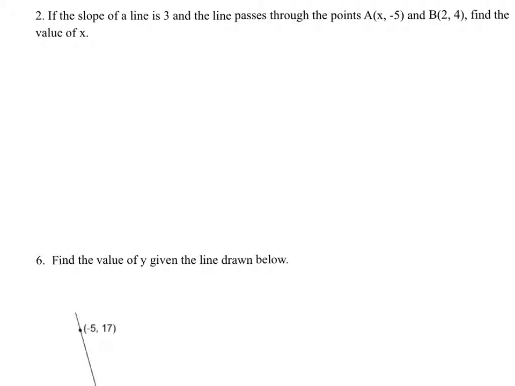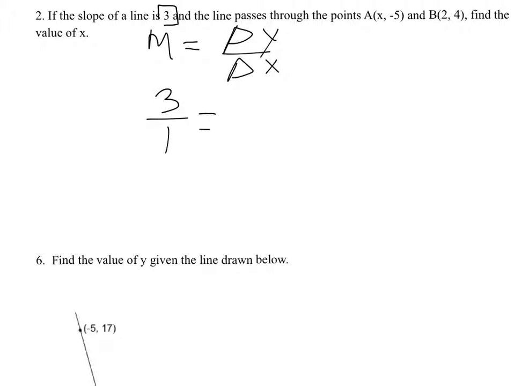So the first thing I do is, as soon as I see slope, I'm going to write down my formula for slope. So it's m equals change in y over change in x. And for this one, and I try to stress this in class, if they give you a whole number for slope, what I like to do is just change it into a fraction by slapping a 1 underneath. And then let's do our change of y's first. So my y for A is negative 5. And my y for B is negative 4,